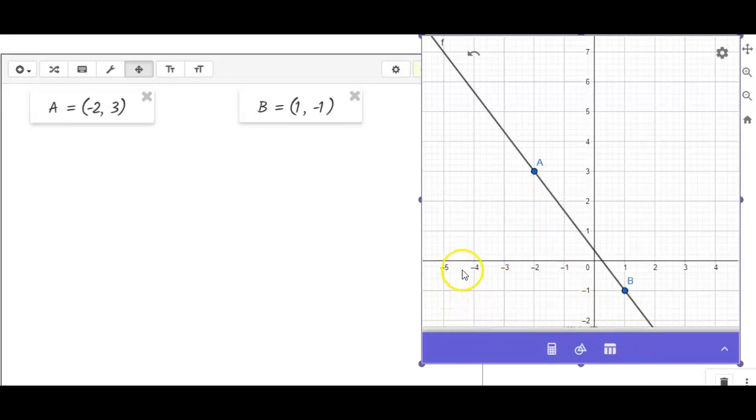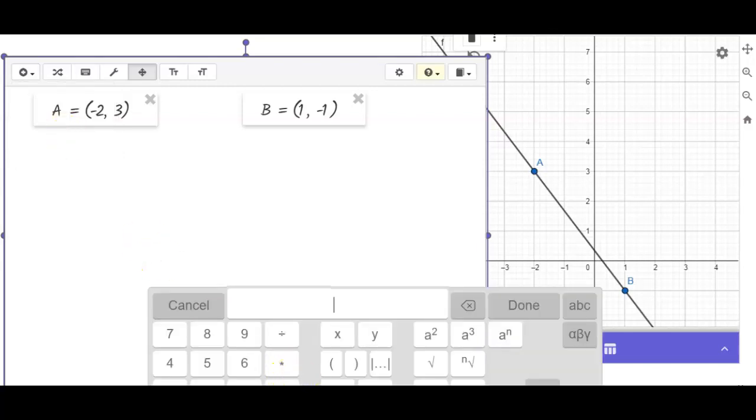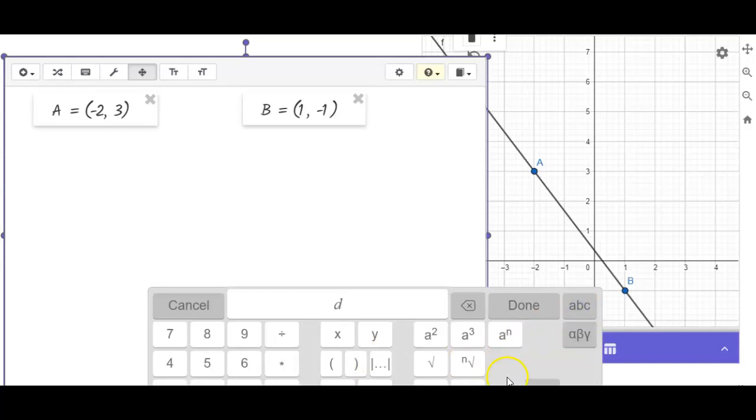Okay, but today we're going to use our distance formula. So let's go ahead and enter our distance formula. Once again, to enter mathematical expressions, we press the insert icon, go to math expression, and we will enter the equation. The distance formula: D for distance equals the square root,